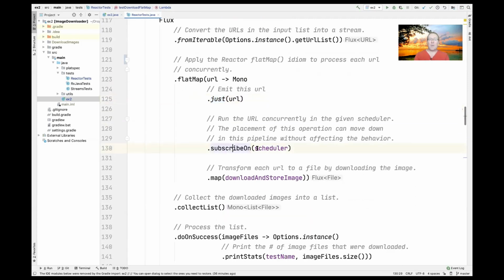We then subscribe on whatever scheduler was passed in, which could either be the common fork join scheduler or the parallel scheduler, or it could be the elastic scheduler or the immediate scheduler. There's a bunch of schedulers you get, or even a custom scheduler if we chose them. And once we've done the subscribeOn, we then go ahead and do the map call. And you'll see when we look at the instrumented version in a second that has logging turned on, that where you put the subscribe doesn't really matter. You get the same behavior. So subscribeOn is essentially position independent within a pipeline of operations